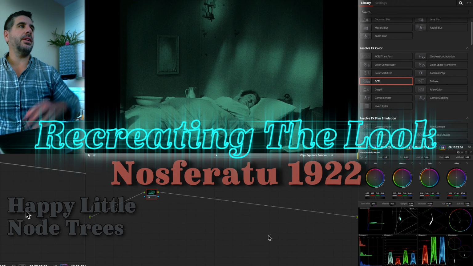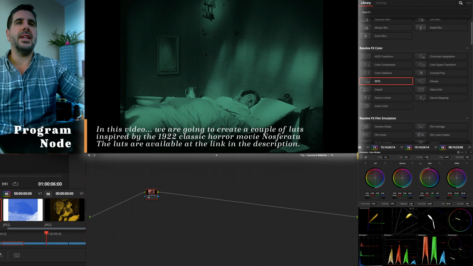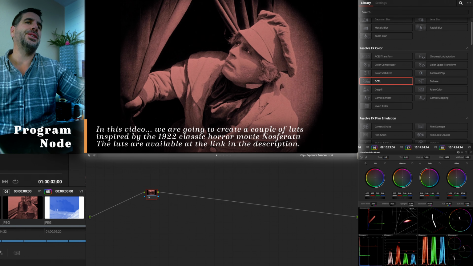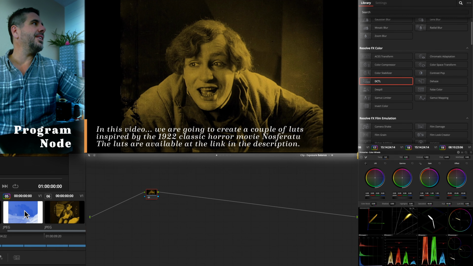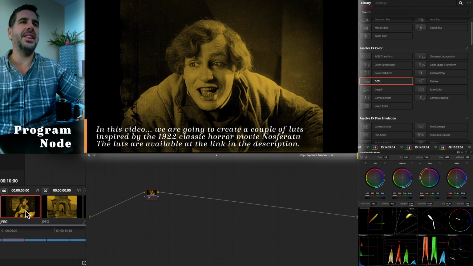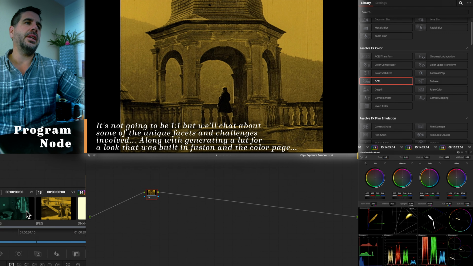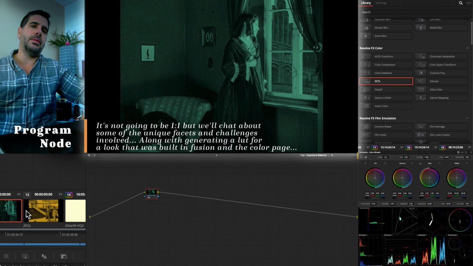Today we're going to be taking a look at recreating the look of Nosferatu, that classic vampire horror film from 1922. I know there is a modern version, but seriously, who wants to do that when we can make this look? And I was working on it, and yeah, the trick is that I'm going to make the LUTs